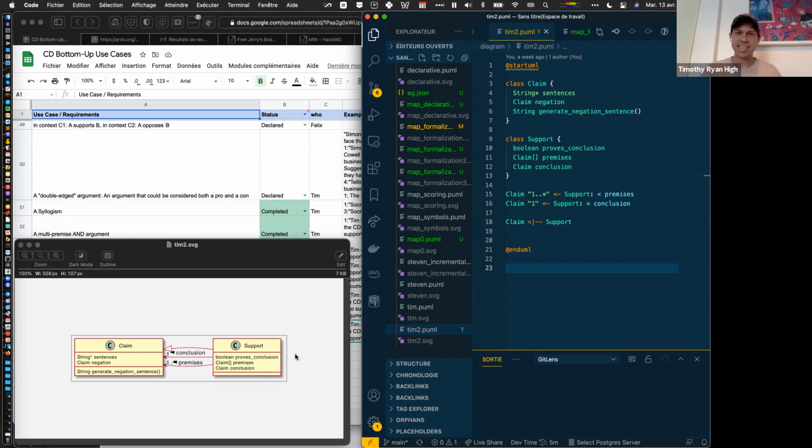So, but then the question is, can a support be used as the premise of another support? That is the question. And would it ever be? The example that we came up with that was interesting, but I haven't seen it in practice, is what you could think of as an analogy. It's like, well, if you accept that this is a valid argument, then you should accept that that is a valid argument, right? If you accept that I can say this, you should accept that I can say that. And if you don't, you have a cognitive dissonance, basically.